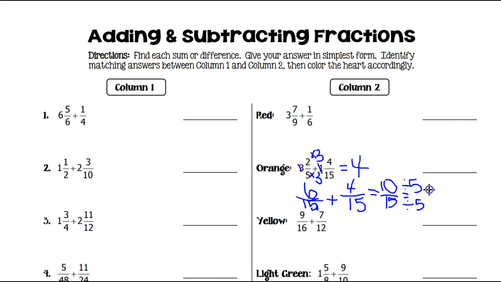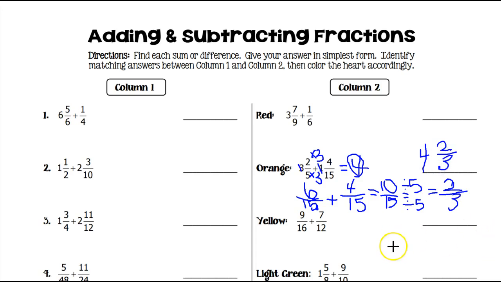So 10 divided by 5 is 2, and 15 divided by 5 is 3, which leaves me with my answer of 4 wholes and a fraction of